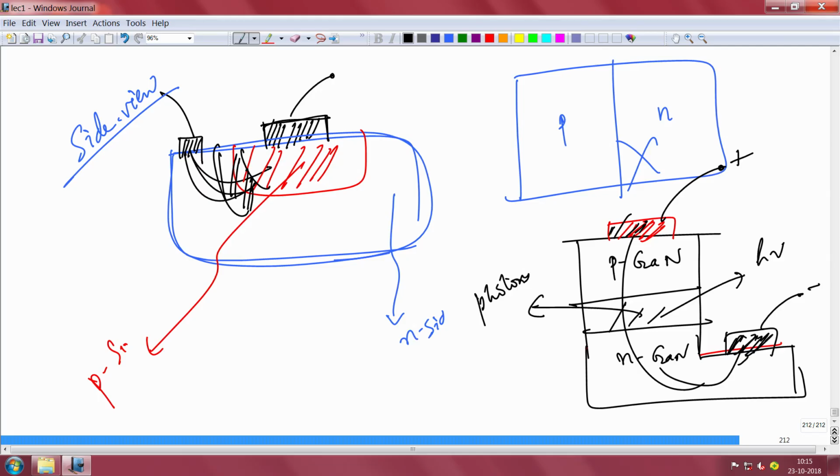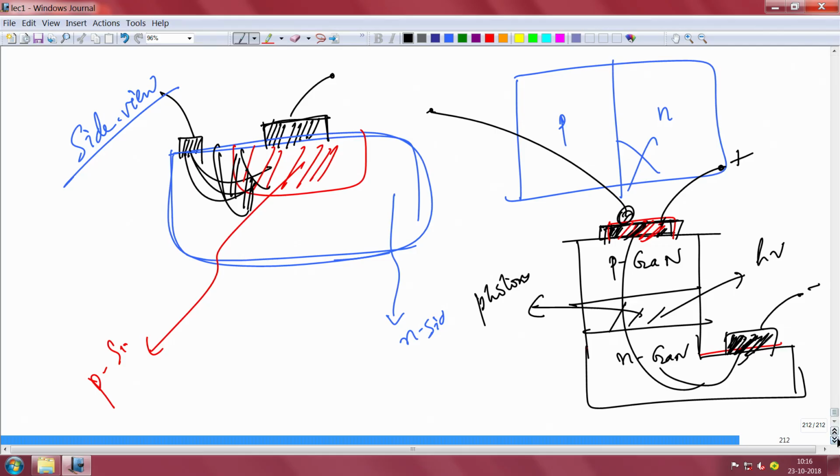What I'm trying to say is that metal contacts are very important. They are quintessential, extremely essential to making a device, to measuring a device, to understanding a device. To make any device you need to put a metal contact. Even for wire bonding, when you package the device and put it in a chip or a module that you can buy off the shelf, you have to wire bond the device. Even for wire bonding, you need to put metal pads on which you put a ball, and then wire bond out, okay, to make a package. So metal contacts are very important, and hence we are going to study the metal semiconductor contact.